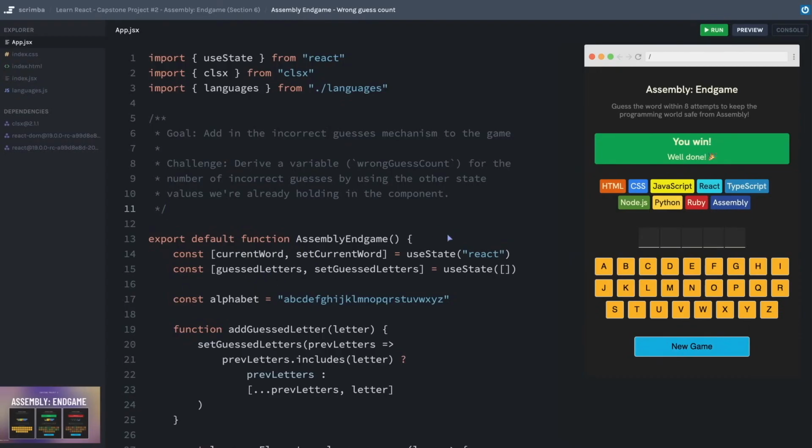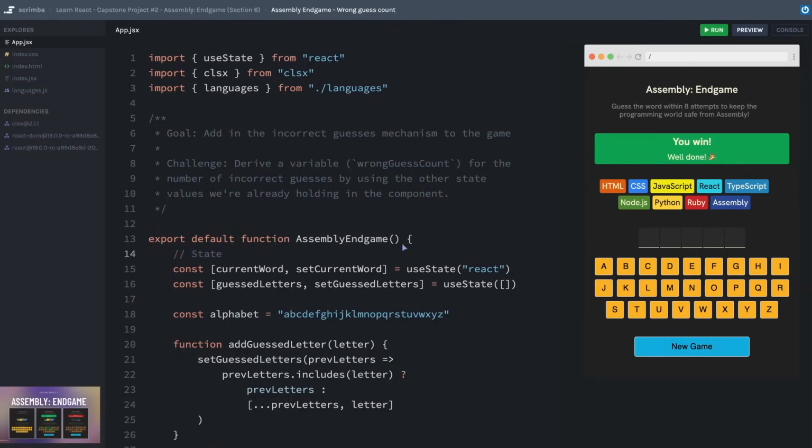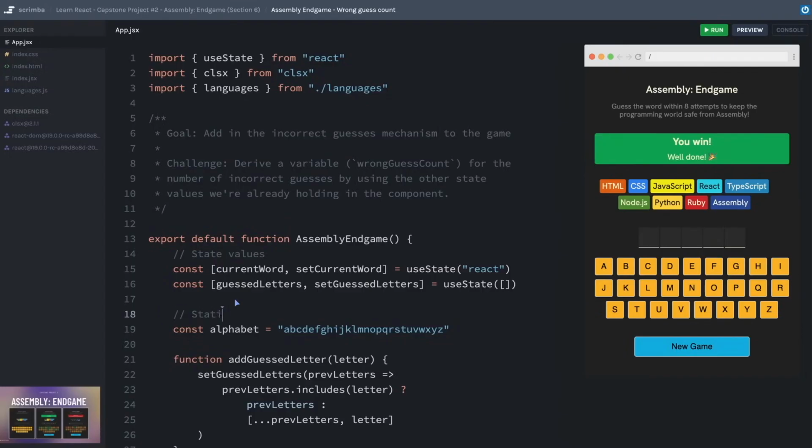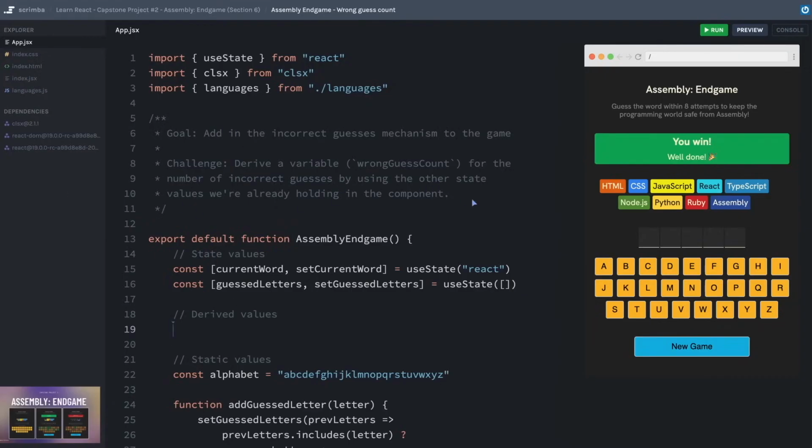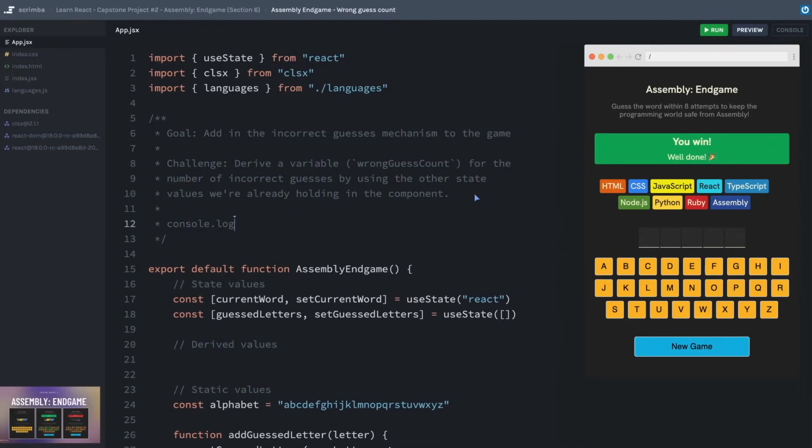We're starting to add a bunch of extra values here, either for state or this static value, or we're about to create a derived value. So I'm actually going to create a little bit of separation with some comments. I'll say that these are the state values. Let's say this is a static value. And we'll just say values in case we have to put something else there. And right here, we will add a section for derived values. For now, once you have created this variable, just to test it, you can just console log the variable, or let's say the wrongGuessCount. We'll make better use for it in the upcoming challenges. All right, the time is yours. Go ahead and get started on this challenge.